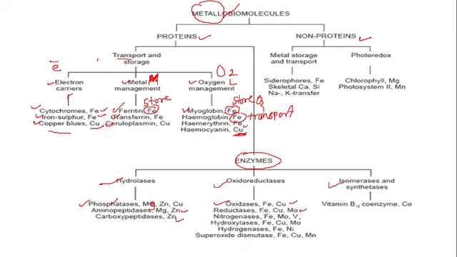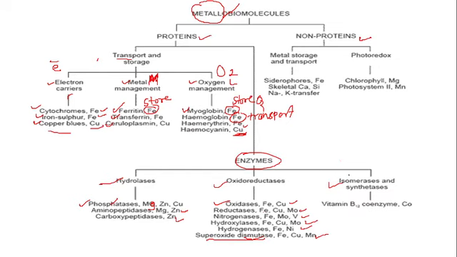Nitrogenase contains Fe, Mo, and vanadium metal. Hydroxylase contains Fe, copper, and molybdenum metal. Hydrogenase contains Fe and nickel. And here the superoxide dismutase, which contains Fe, copper, and manganese metal. This is also a very important topic, called what? Superoxide dismutase. This topic we will learn in detail.